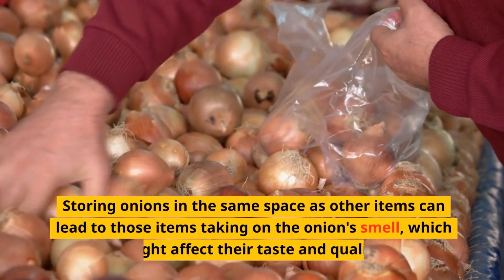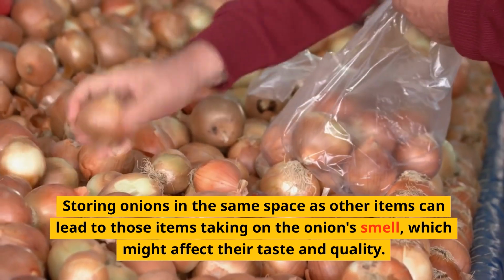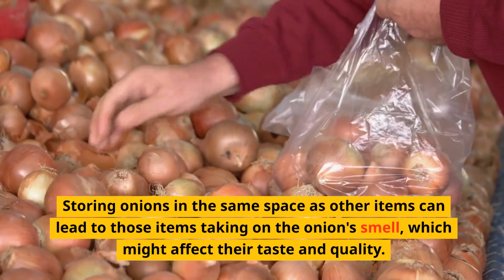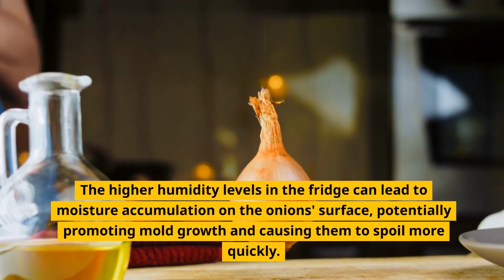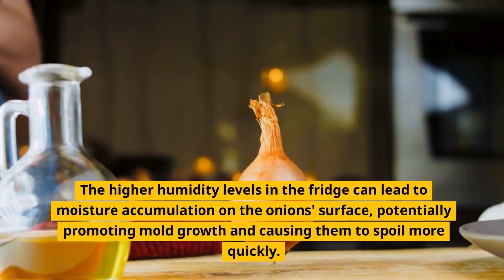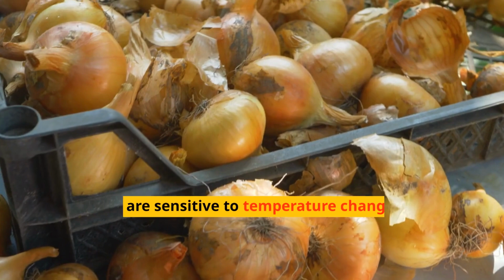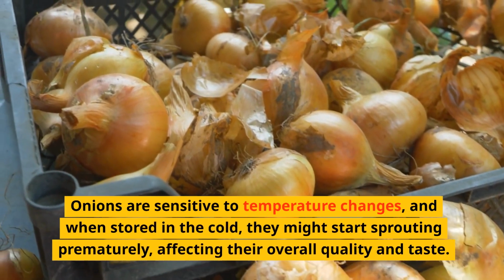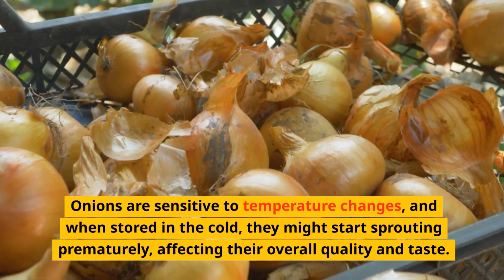Storing onions in the same space as other items can lead to those items taking on the onion smell, which might affect their taste and quality. The higher humidity levels in the fridge can lead to moisture accumulation on the onion surface, potentially promoting mold growth and causing them to spoil more quickly. Onions are sensitive to temperature changes, and when stored in the cold, they might start sprouting prematurely, affecting their overall